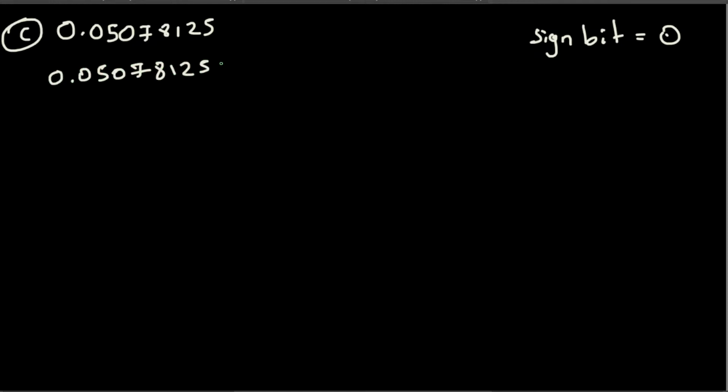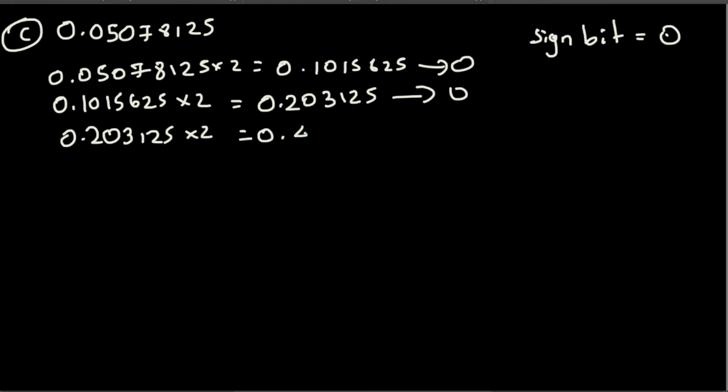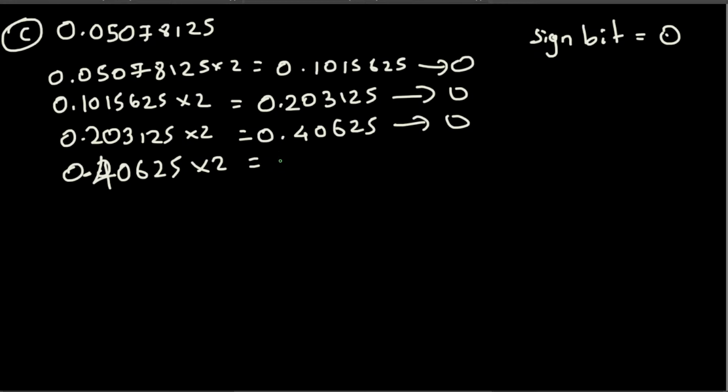So 0.05078125 multiplied by 2, that gives us 0.1015625, and here we have 0 in front, and then 0.1015625 multiplied by 2, that gives us 0.203125, and here also 0 in front, so we put that one right there, and then 0.203125 multiplied by 2, that gives us 0.40625, and again 0 in front, and then 0.40625 multiplied by 2, that gives us 0.8125, 0 in front, and then 0.8125 multiplied by 2, that gives us